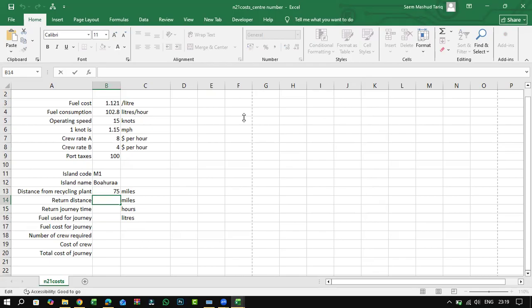Return distance. Distance from the recycling plant. Okay, so this was one way. So if you have to come back, it will be